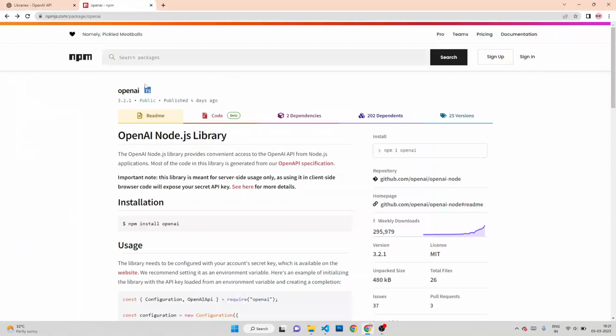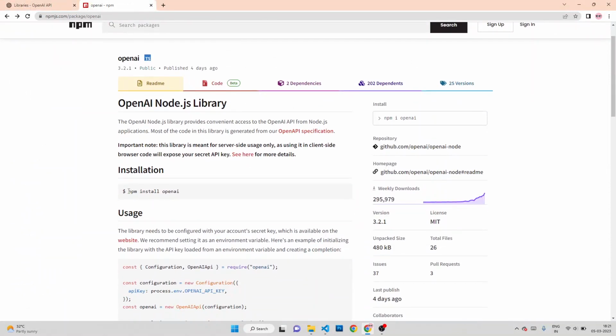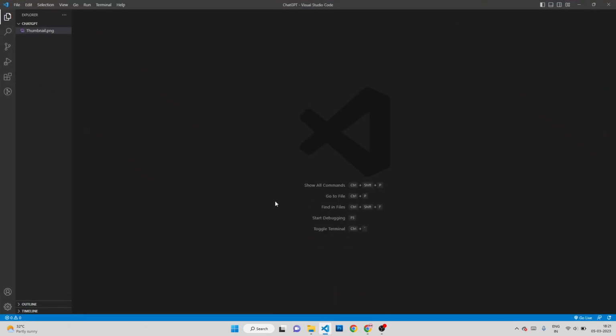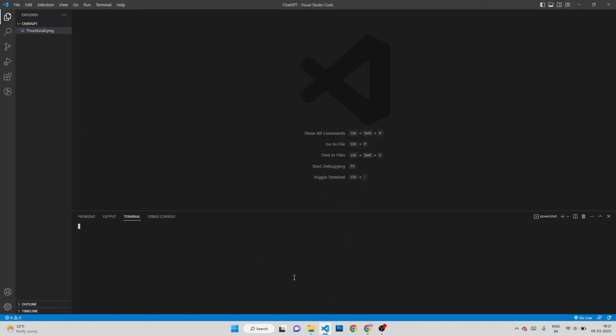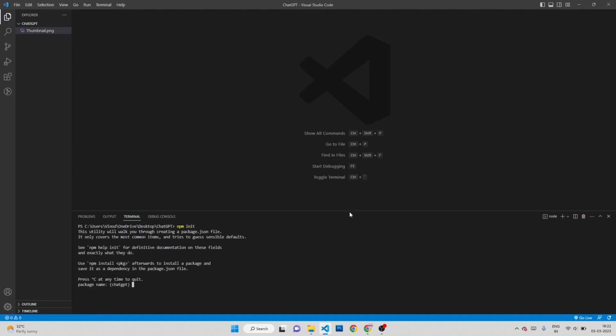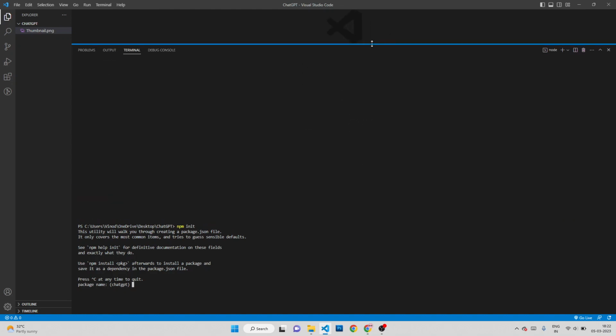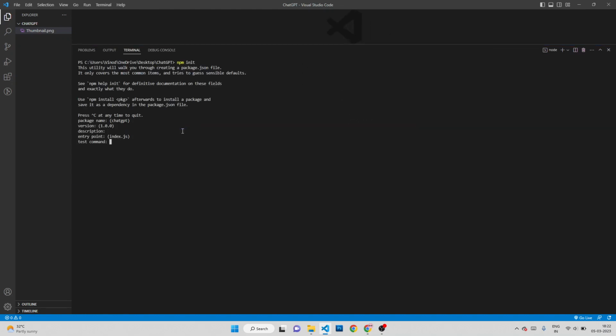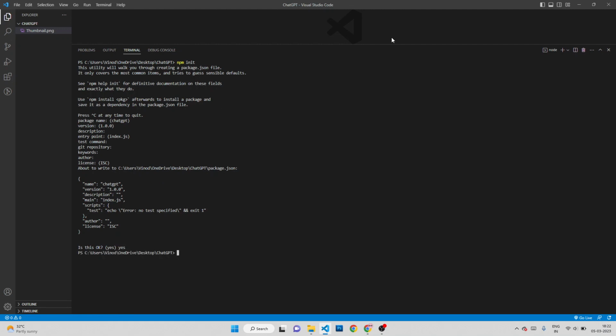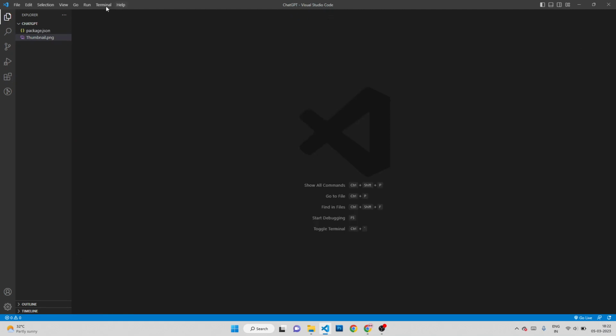So let's install the OpenAI library into our Node.js application. To do that, we have to create one Node.js application. So I am creating it by using the npm init command. It will create a package.json for us with basic details. I am keeping everything blank, so it will take the default values and create a package.json